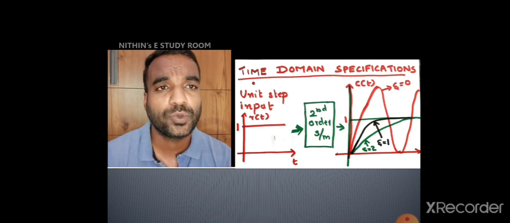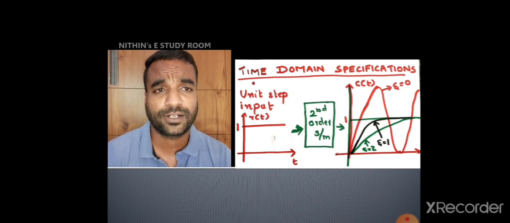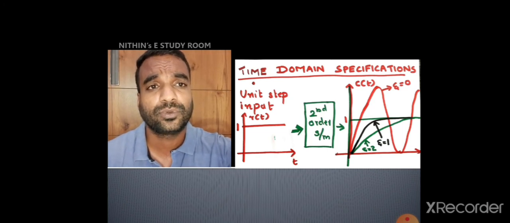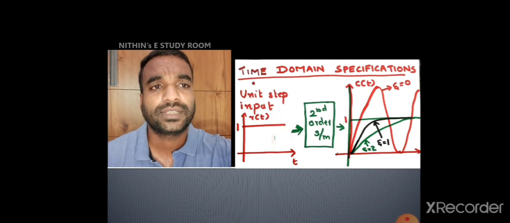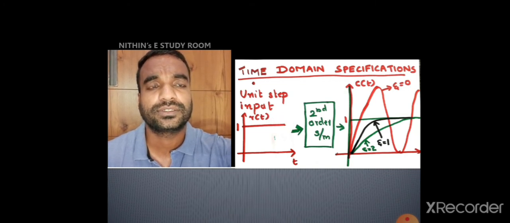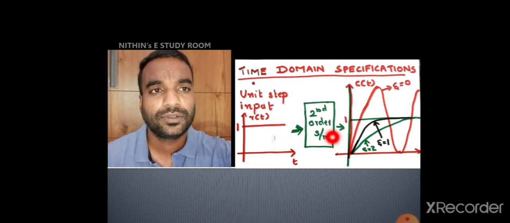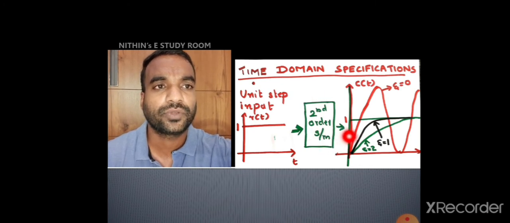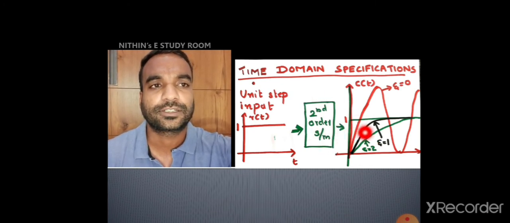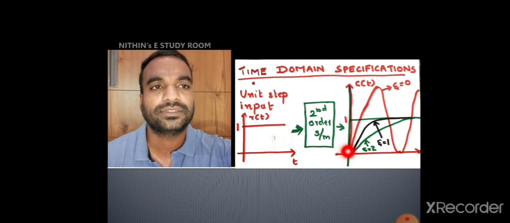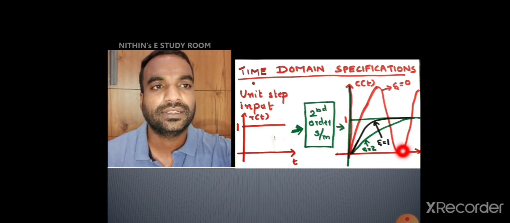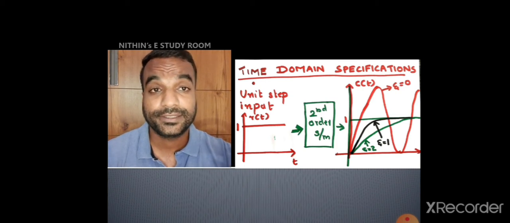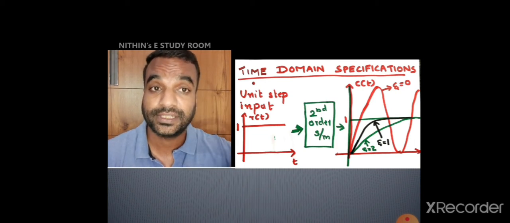Okay. So, this is the case. If you are giving a unit step input, r of t is 1, to a second order system, its output will be the sum of these responses. First one is undamped system. No damping is there. Eta is 0, so the response is continuously oscillating.